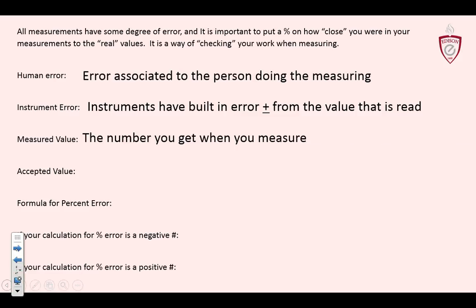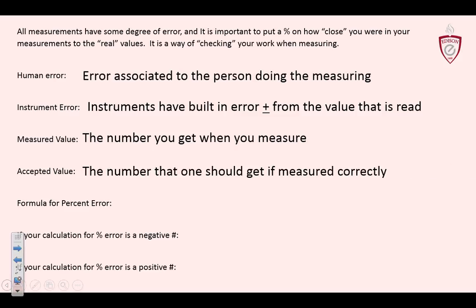A measured value is a number that you get when you measure. So if you measure the desktop to be a certain length, that would be your measured value. In percent error calculations, we compare the measured value to the accepted value, which is the number that one should get if measured correctly. So for example, the blueprints for the desk say you should have gotten 95 centimeters, but